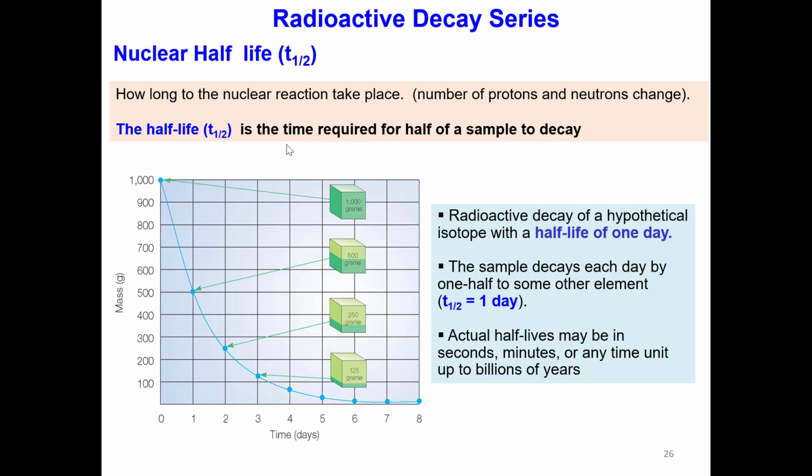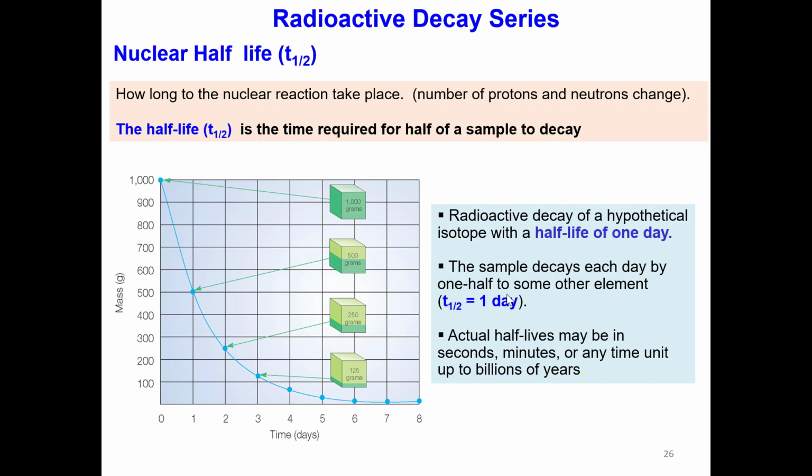And here we had one example. In this plot, we had mass versus time. Mass is in grams and time is in days. This is the radioactive decay for a hypothetical isotope with a half-life of 1 day. If the half-life is 1 day, it means it is the time required for the sample to be reduced in half. For example, if we start with some radioactive material, if we start with 1,000 grams,